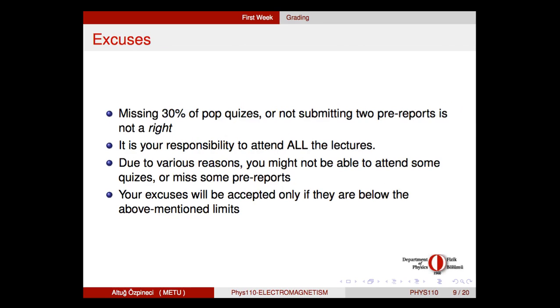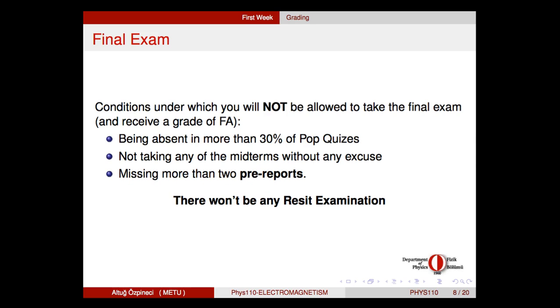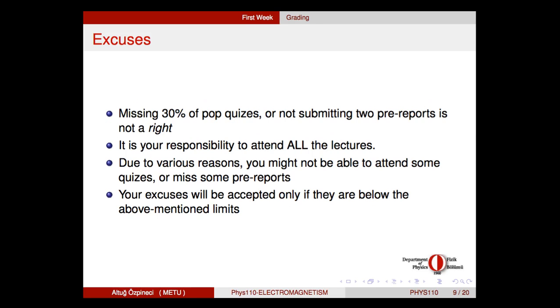And of course, these are not your rights. This is also something that gets confusing whenever you tell students that if they miss, let's say, 30% of the pop quizzes, then they say, oh, I had this right to miss 30% of the quizzes, but then I missed one more. No, missing 30% of quizzes or missing 2 reports is not your right. It is just, there are